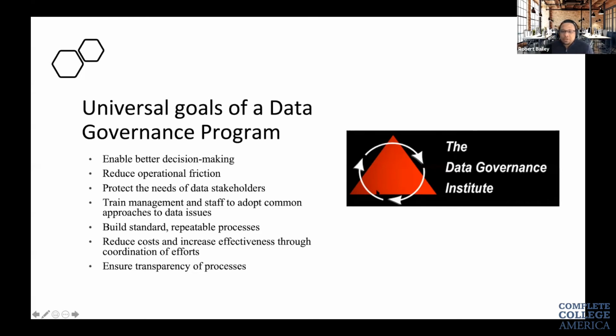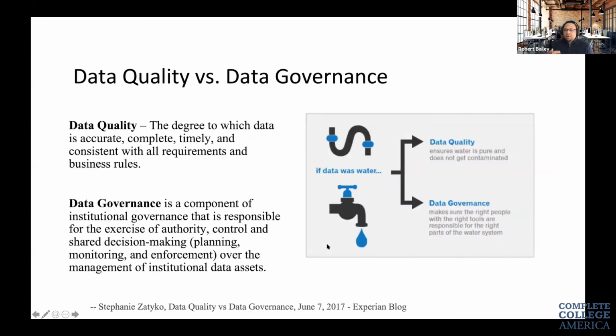Now, in most instances, when you have discussions on campus, it all comes down to a mix-up of definitions. And sometimes data governance can be confused with data quality. I want to highlight this particular slide, whereas data quality, we look at as being the degree to which data is accurate, complete, timely, and consistent with all requirements and business rules, as opposed to data governance, which is a component of institutional governance that is responsible for the exercise of authority, control, and shared decision-making over the management